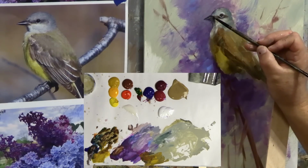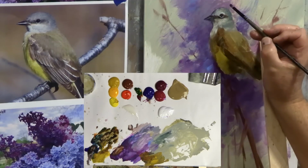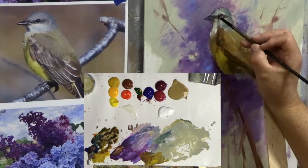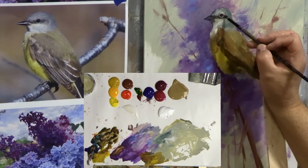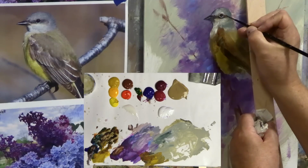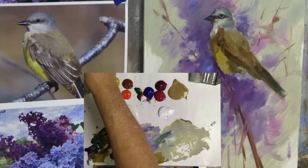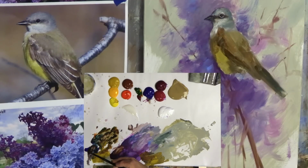And let's touch back and forth right up here and put a bit of that dark right in there. That looks pretty good. Maybe just a whisper of this color right around the front. Just a little whisper to get this top of the eye ring there. Some motion there as well with his eye. He has the tiniest little catch light right up there. And I'll go back to just a point, a little bit of gray, not a pure white, a little bit of gray. And let's just come up and just about 1 o'clock, just shy of that, we'll push that catch light in there, and maybe a touch of blue